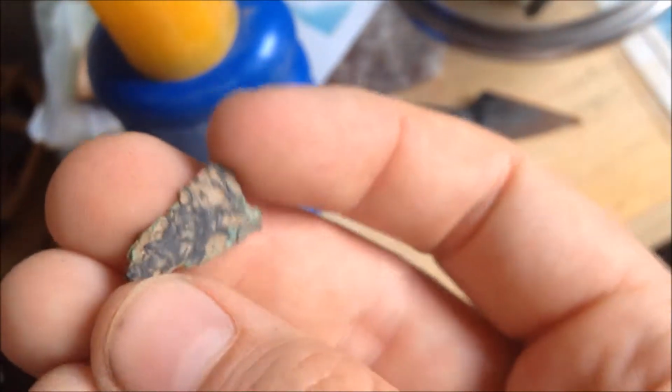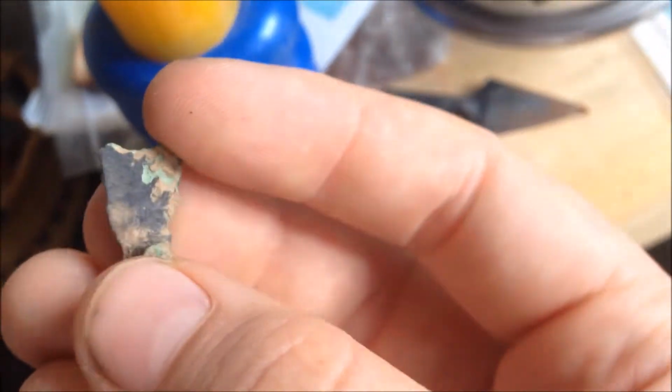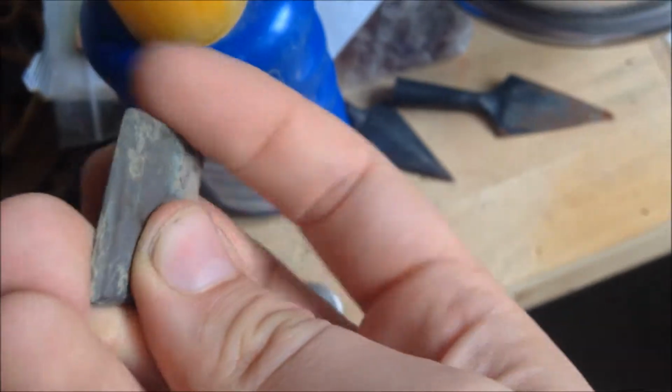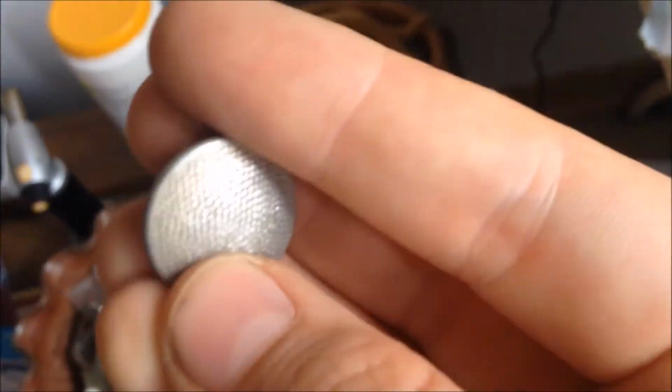This thing, I guess it's medieval because it's just very old. Maybe a piece of a fibula or something. We've got a button, a random piece of copper. It looks like a blade because it's pretty sharp, or a scraper. No idea. And I also found this, which is in really nice condition, as you can see. It's the German Wehrmacht button,